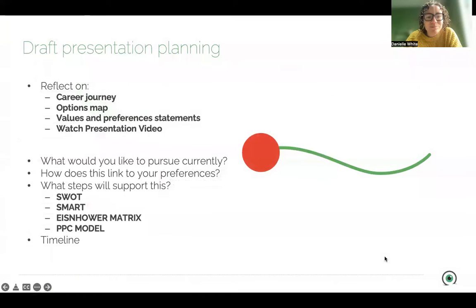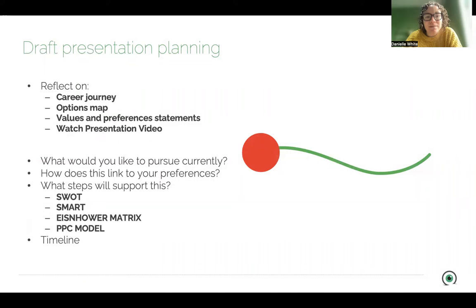Okay, so to get ready for session 11, which is the session where you'll be presenting your career plan, it's really about just reviewing the material, reviewing what you've done so far, and having a think about what models make sense for you. So reflect on your career journey, reflect on your options map and the value and preference statements that you drew up,